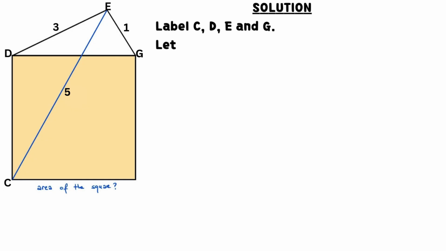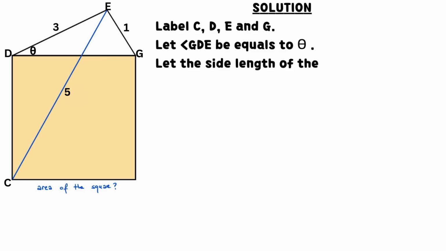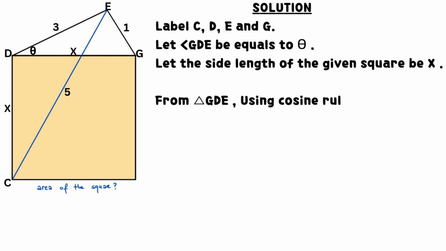Solution. Label C, D, E, and G. Let angle GDE equal theta. Let the side length of the given square be x. From triangle GDE, using the cosine rule,